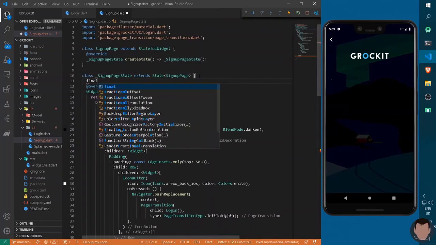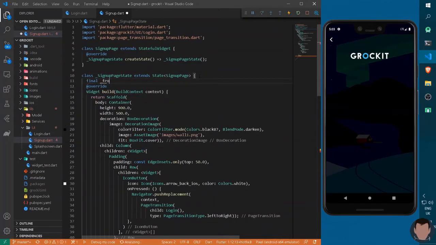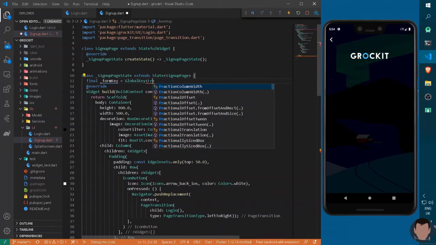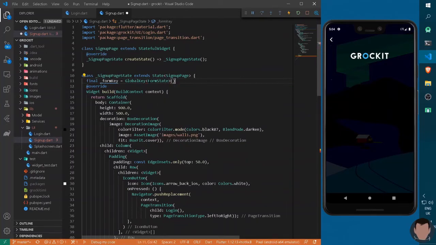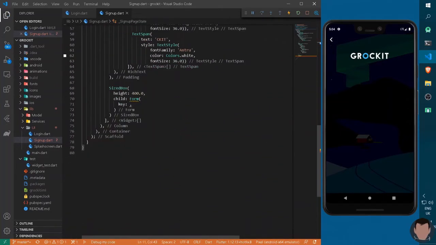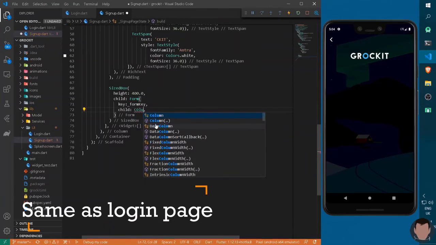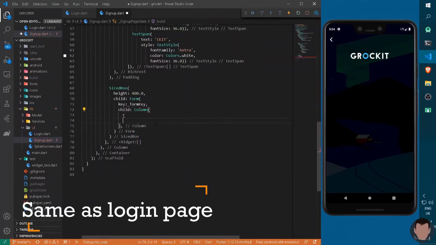So I can type here final form key is equal to global key, which will be handling all the form state. So we have form state to handle all the state changes of the form. Now we can provide the form key here. Now let's have a child of column. It will have children.